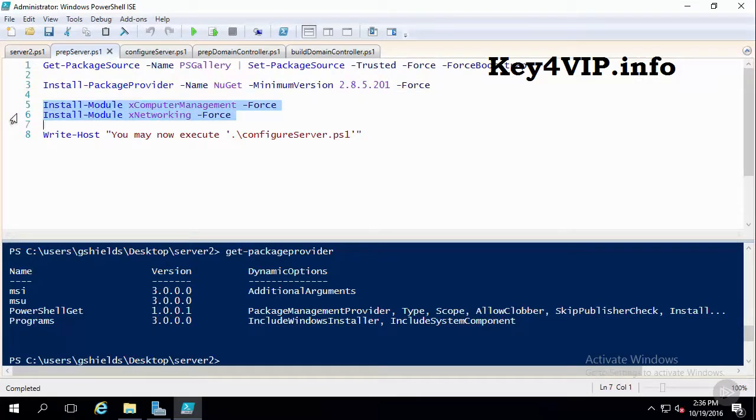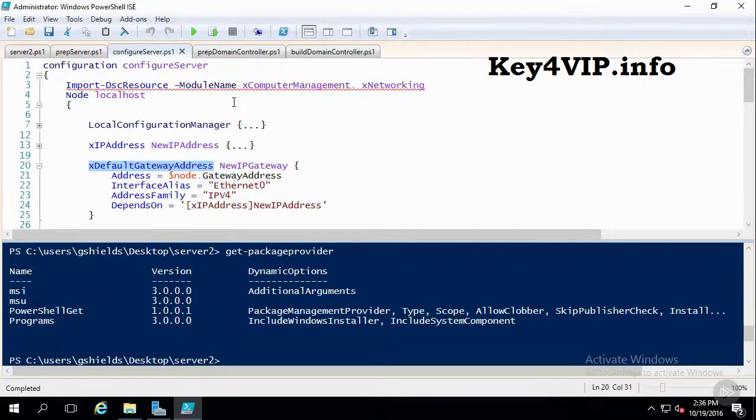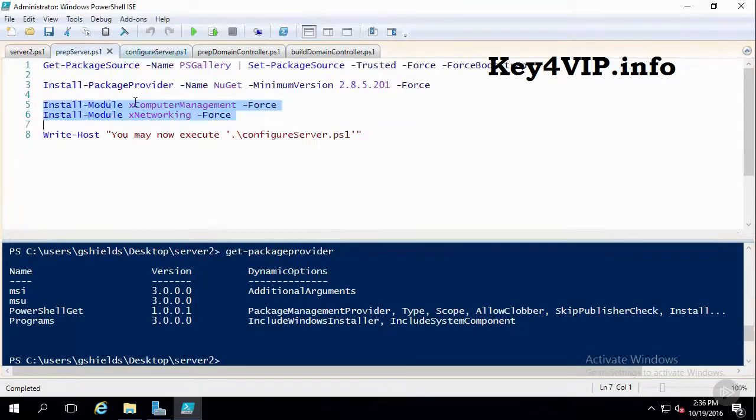These two modules, xComputerManagement and xNetworking, are the ones that contain those keywords like what we are configuring over here in our initial PS1 document. Right here is the place where we actually identify which of those modules we need to bring down locally in order to provide the necessary bits for, once we tell the computer to be something, actually doing the things that get it there. Let's start this process by executing this first prep server script